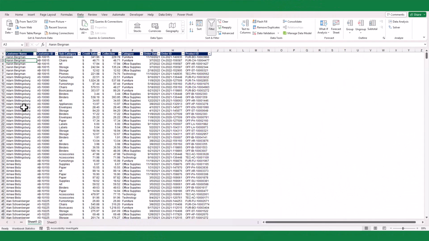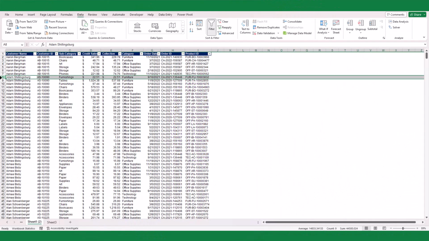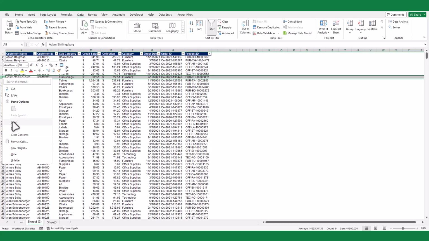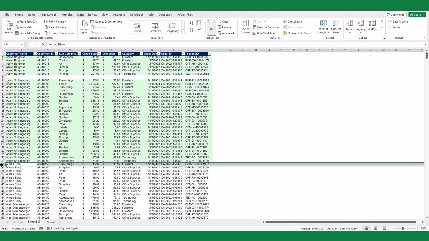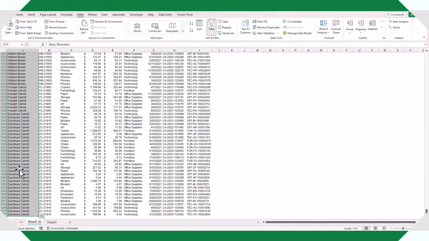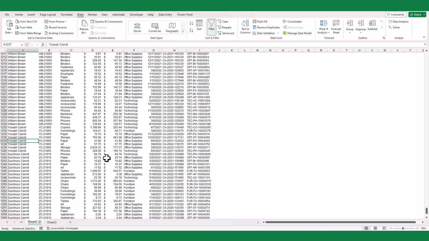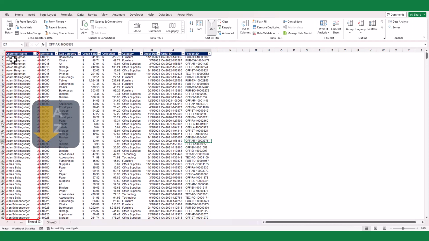Welcome back, and today, I'll be sharing with you a technique to add blank rows between each unique item in your data. This is particularly useful when working with large datasets to enhance the readability of the data. Let's dive in. To begin, ensure that the column containing your unique items is sorted in either ascending or descending